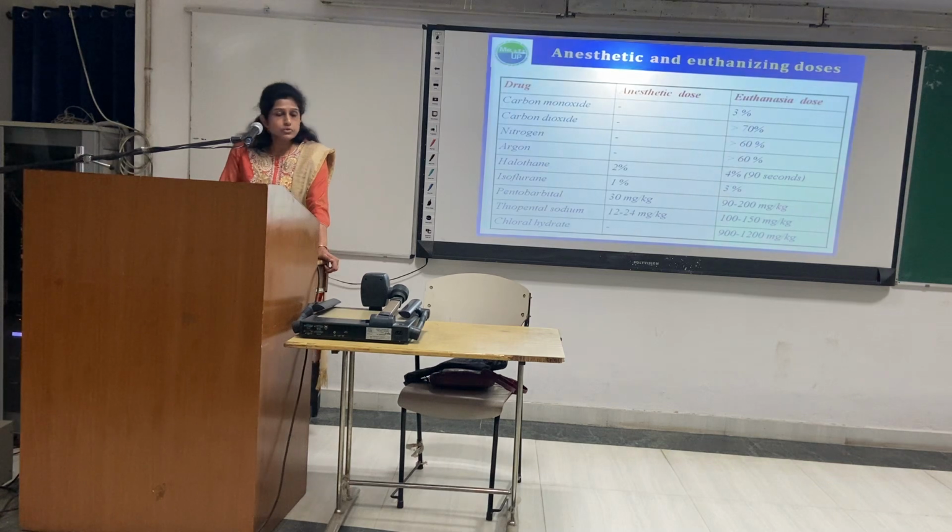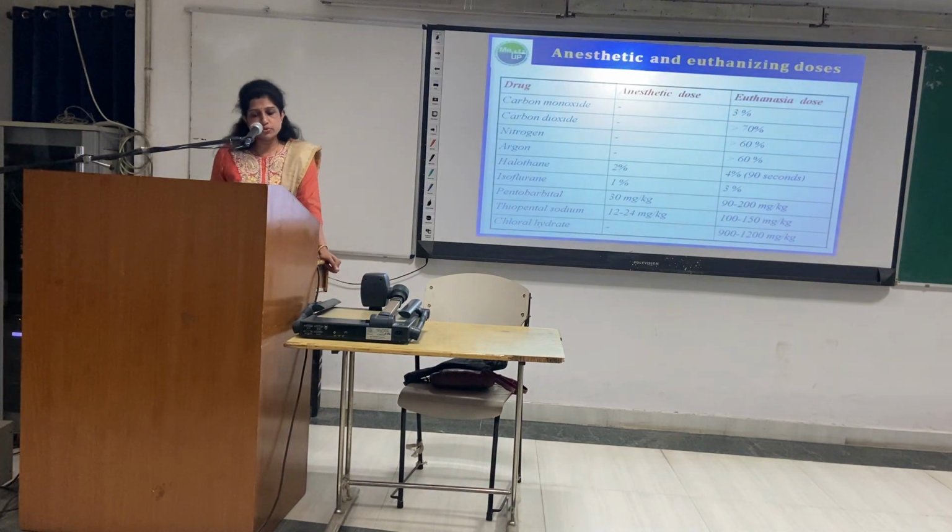These are the anaesthetic and euthanizing doses of different agents: carbon monoxide, carbon dioxide, nitrogen and argon. They are used for performing euthanasia. The dose for carbon monoxide is 3%, carbon dioxide greater than 70%, nitrogen more than 60%, argon again more than 60%. Halothane, the anesthetic dose is 2%, and euthanasia dose is 4% for a duration of 90 seconds. Isoflurane 1% is the anesthetic dose, 3% is